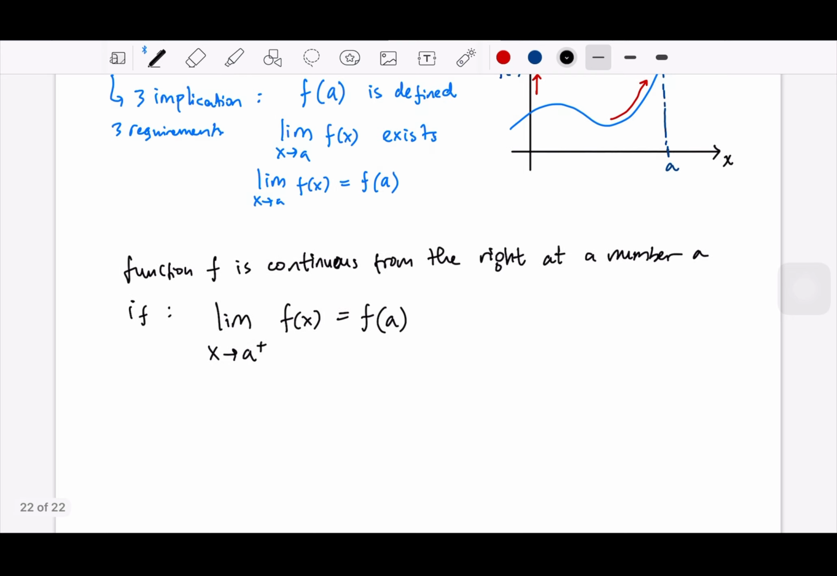And same thing, continuous from the left at a if